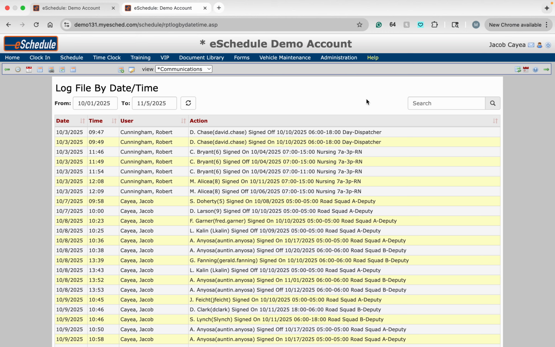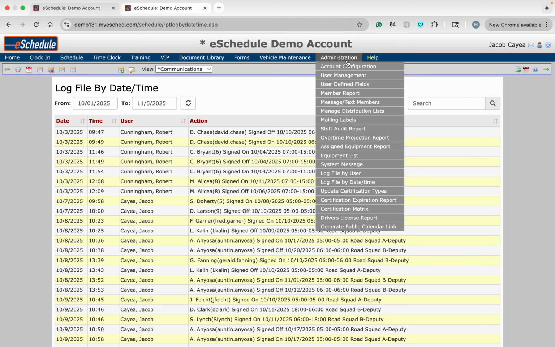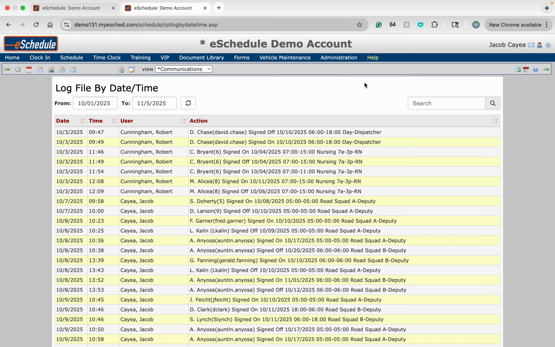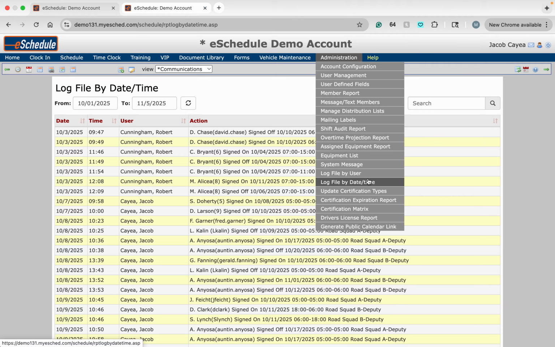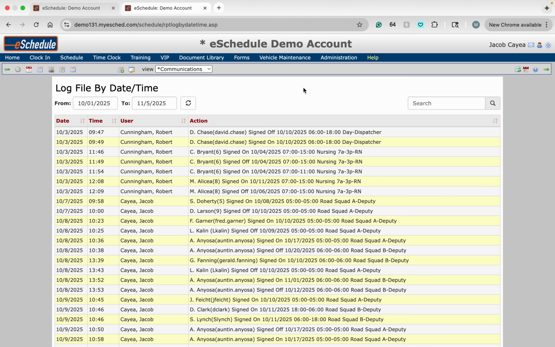Today we are going to review our log file reports. We have two log file reports: a log file by user and a log file by date and time. We will of course review the differences between these reports today. But your log files are available only under your administration menu, so you do need that administrator user type in